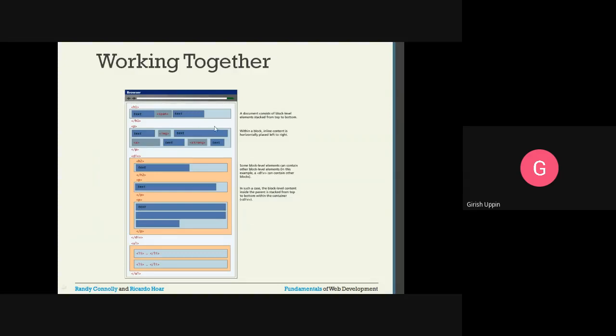Now we have both block-level elements as well as inline elements. You can see this is the block element h1, this paragraph is a block element, div is a block element, again ul, unordered list, is a block element. Inside this block element I have the inline elements, which will go from left to right, and it will use the complete span, whatever width we have for that particular container.